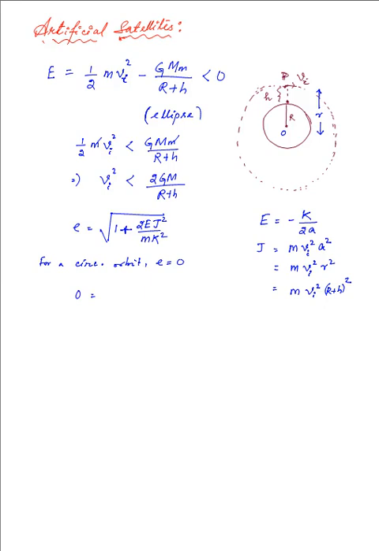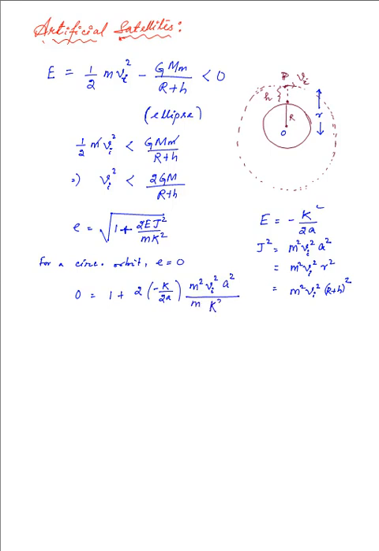So we have 0 on the left-hand side, the square of that resulting in 0, and on the right-hand side we have 1 plus 2 times E. We can put the value of E from here, that is equal to -k divided by 2a, and then we have the value of j², which is, well, j is mvr, so j² will be m² v² r². So m² v_i², and then we can keep a² for now, and in the denominator we have